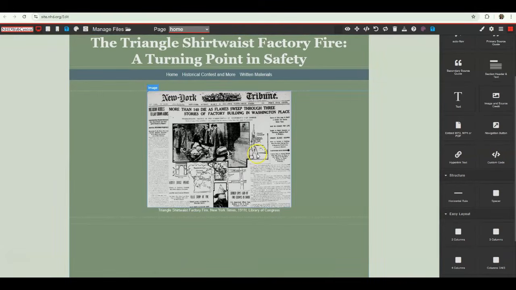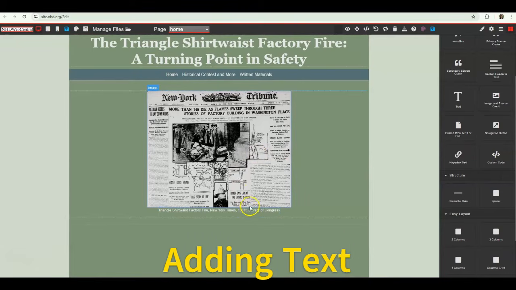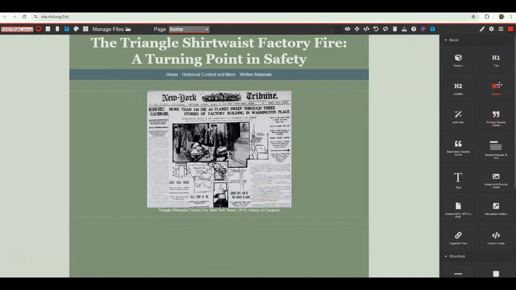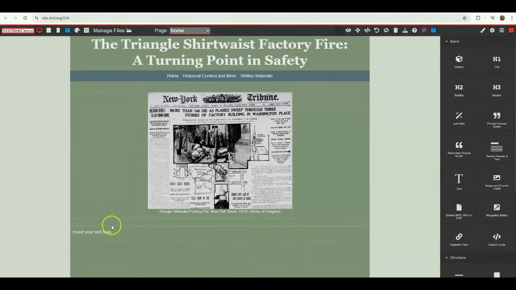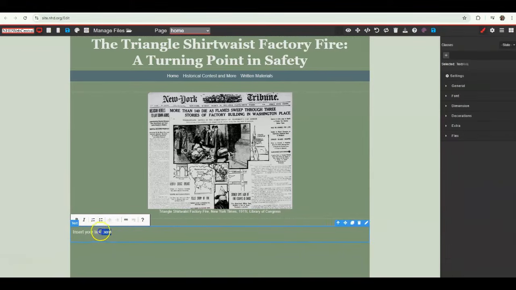So now that I've added my image and I've added my source credit, I now would like to add some text onto my home page. So I'm going to go back to my blocks and I'm going to drag and drop in some text. On our homepage, we have required homepage text that we need to add. So I'm going to double click in my text box, and this is where you put your student name or names, your division and category,